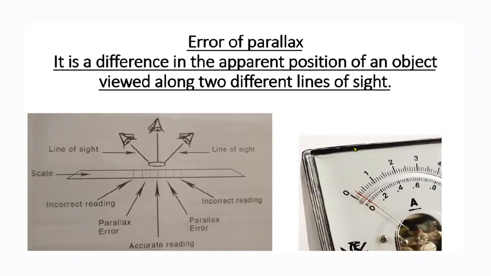Obviously, you're asking, what's this parallax error? Because it seems like such a big, difficult word. Let's go and see what parallax errors are. The error of parallax is a difference in the apparent position of an object viewed along two different lines of sight. So in the picture that you see here,